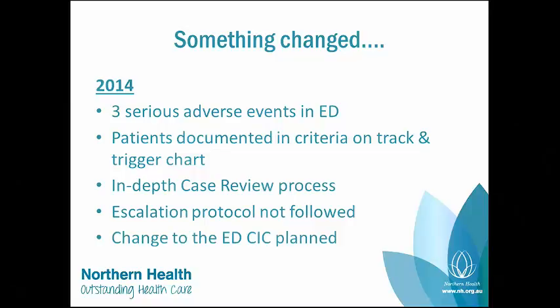You sit down and you look at your systems and processes within the ED, and then you make recommendations. Those recommendations are a bit like your points that you need for your identification at the bank. If it's a low risk, it's 50 points. If it's a medium risk, it's 75 points. And if it's high risk, it's 100 points. How you determine the risk is the likelihood that it would happen again if we did nothing to improve the system. And what we identified were that we had 100 points worth of risk here and we needed to do